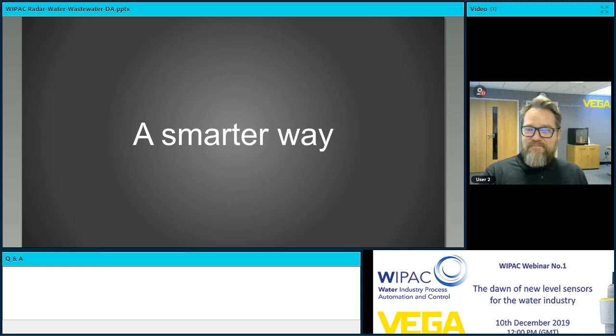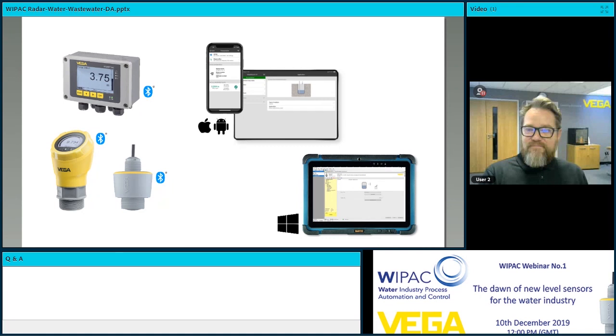And in terms of setup, there's not just the push buttons and remote displays, there's a smarter way. The color, the tip there was in the color. It's using Bluetooth, and we've got an option now for using secure, a double protected Bluetooth, which is fully encrypted. You use our app via iOS or Android phones. It's free to download, or for Windows products you can use PACTware software, all backed up by pins,